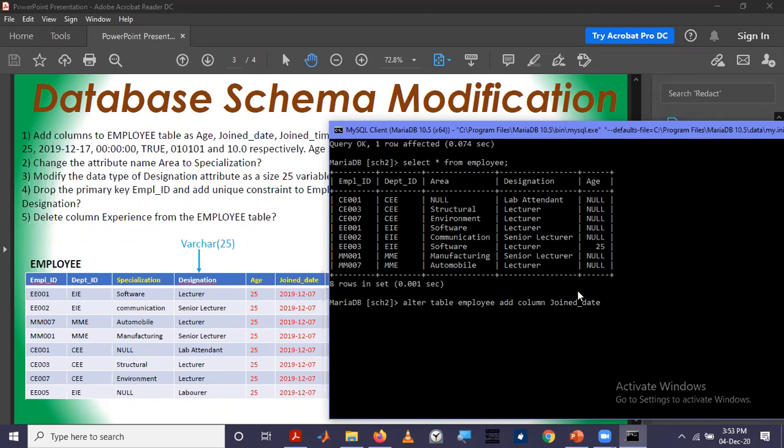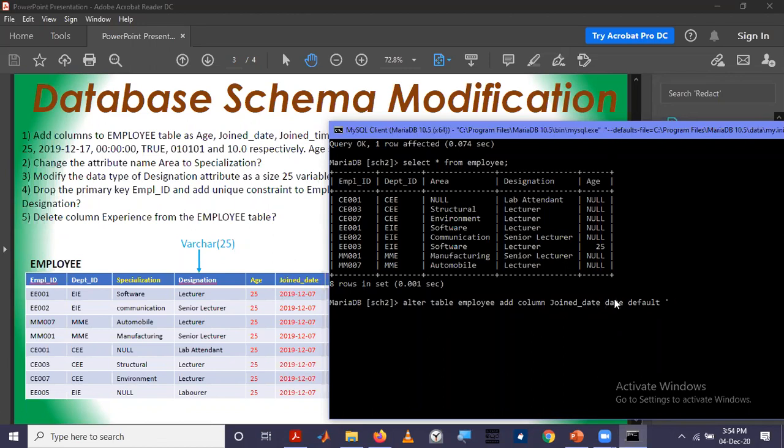Then we have to define the data type. You can see here it is a date. In SQL, there is a separate data type called date. And then we can define the default constraint, which I forgot to insert before. So you can say DEFAULT as this one.